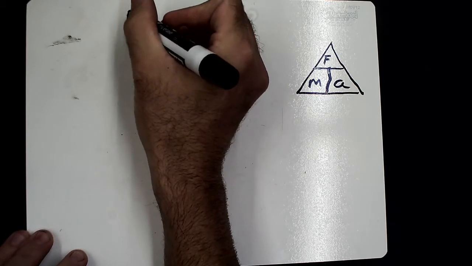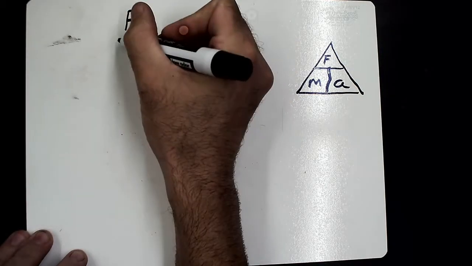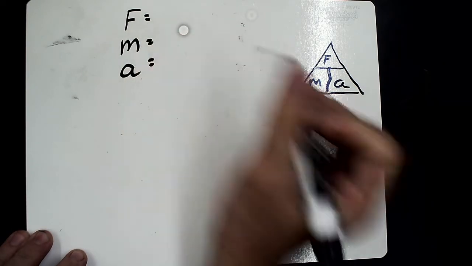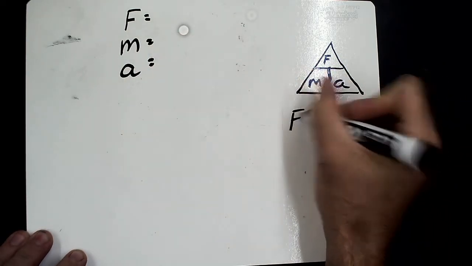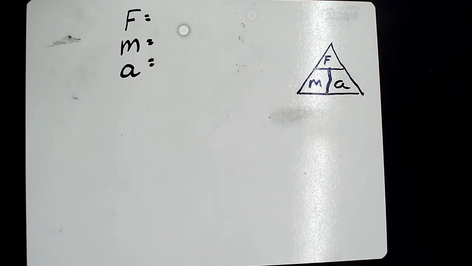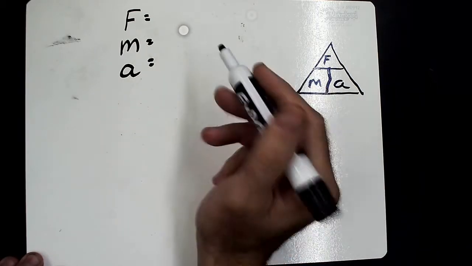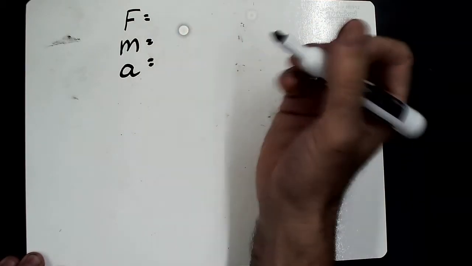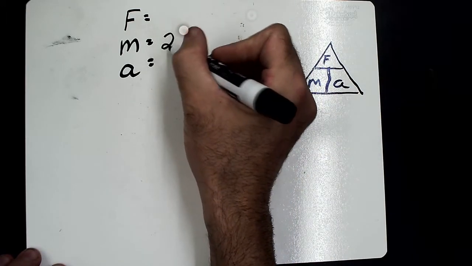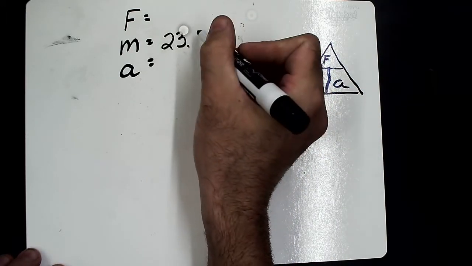So the first thing I'm going to do is make a list of the three variables that we're working with: force, mass, acceleration. So I'm just going to work with mass first, and I'm going to make this like they would try to throw you off. So let's say I've got 23.5